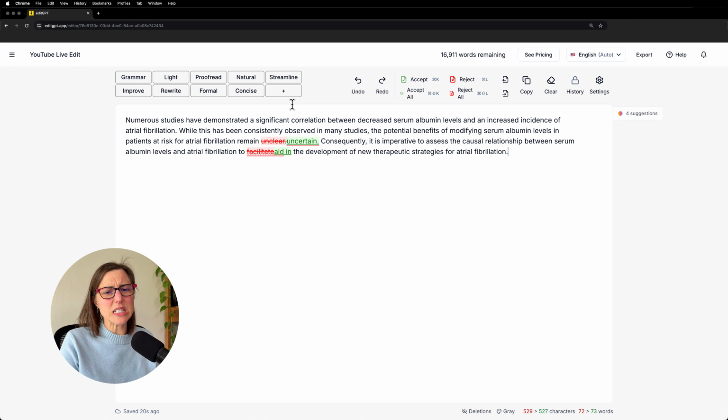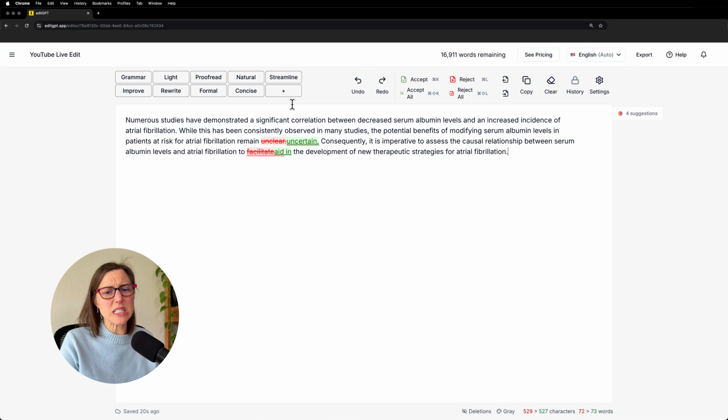And then the next one is, let's see, to change facilitate to aid in. So I want to give it some credit here that it took a long word, facilitate, that's multiple syllables, so it can make the text a little bit harder to read. And it changed it to two words that are each one syllable. So I could see some benefits there to improve the readability.